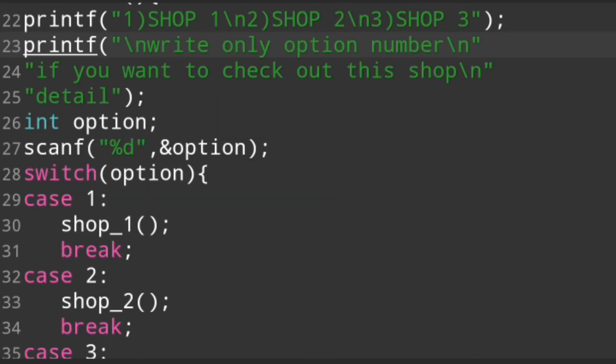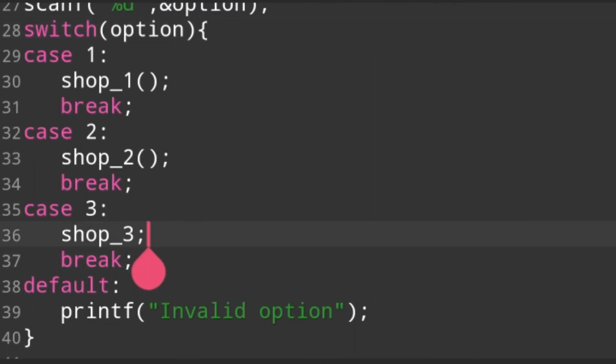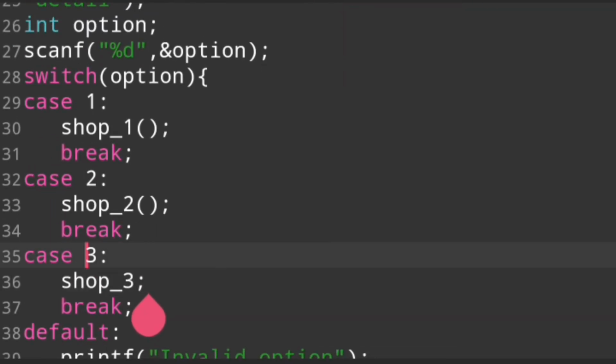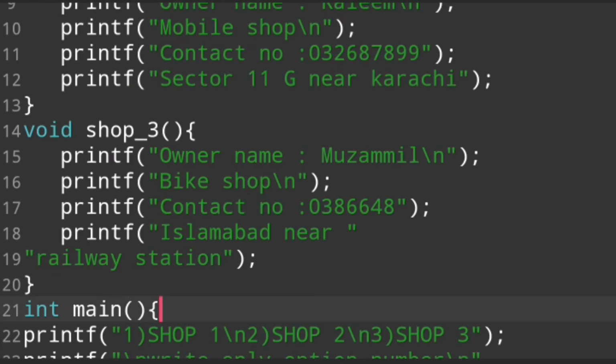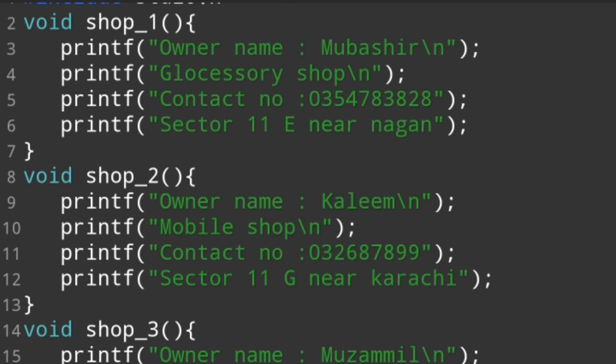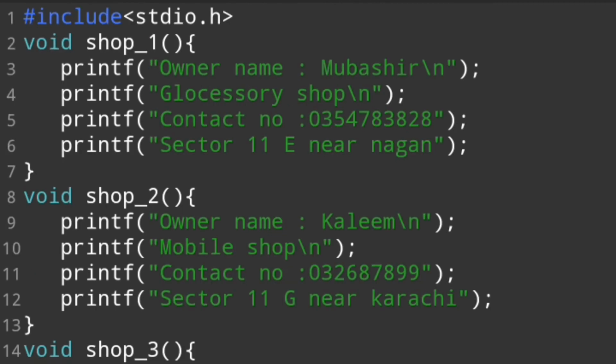Otherwise, if our user prints 3, the function of shop number 3 is called, and then all the code which is written in shop number 3 is executed. Otherwise we say invalid option. So I hope you understand this topic very well.